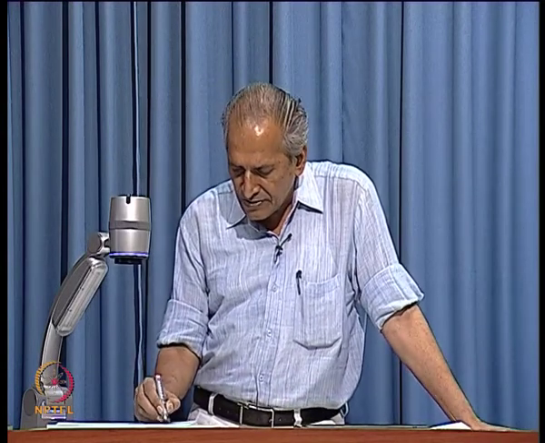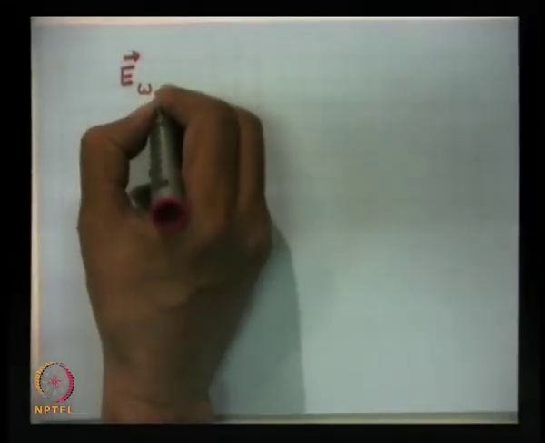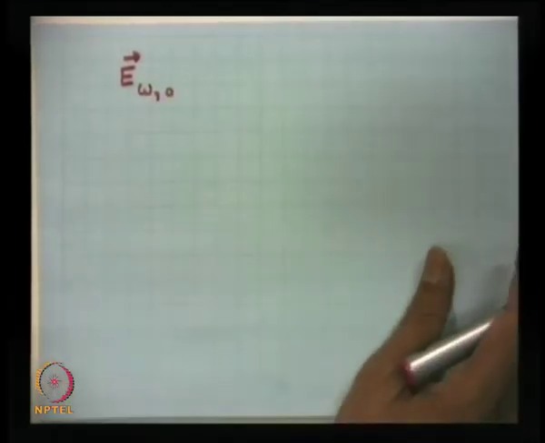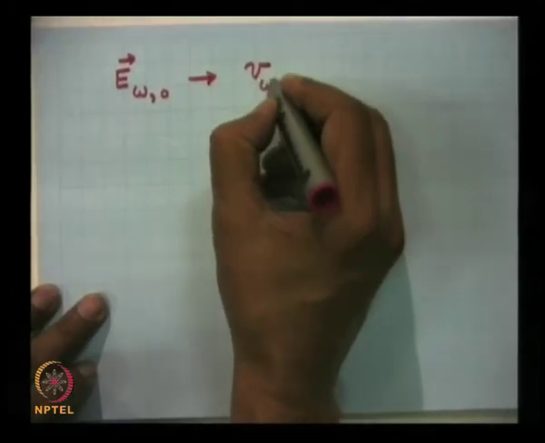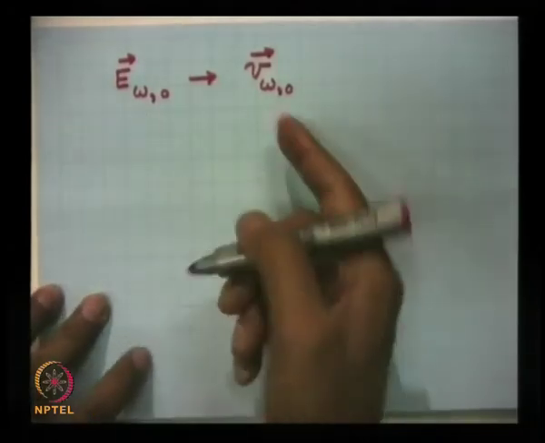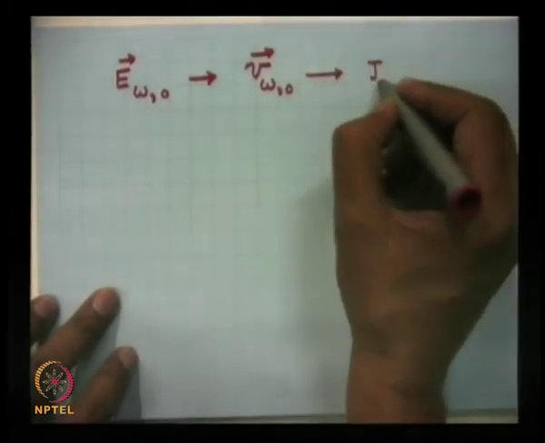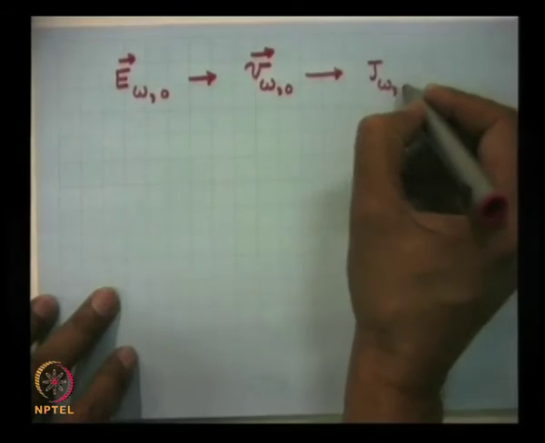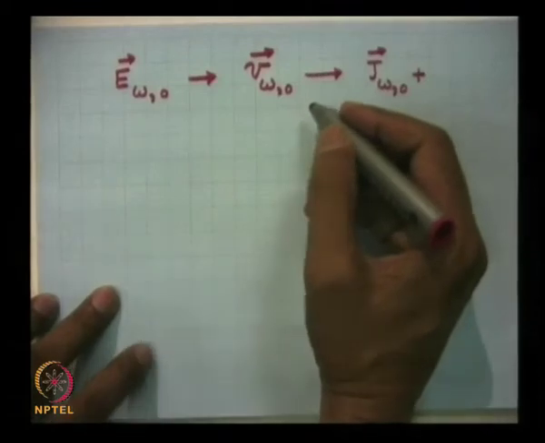Suppose I have an electric field that I apply. This electric field has frequency omega and wave number nearly 0, or tiny. Then this wave will immediately produce an oscillatory velocity of electrons at frequency omega and wave number nearly 0. As soon as this velocity is produced, this will give rise to a current which will be at frequency omega, wave number 0, plus an additional current will be produced because of density fluctuation.